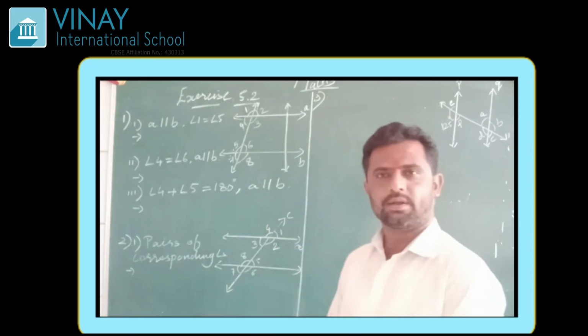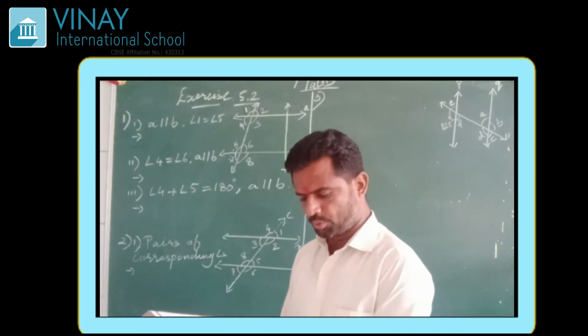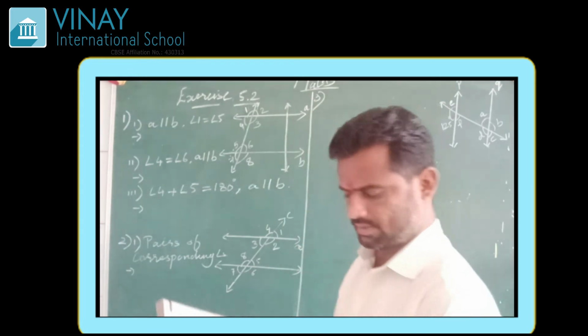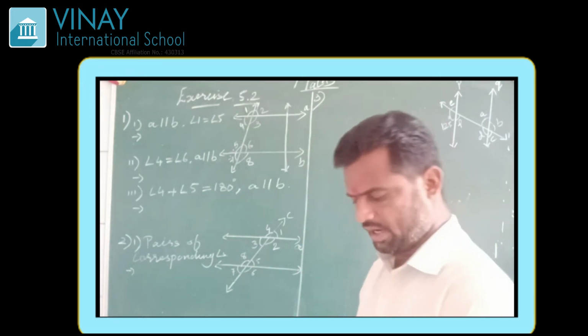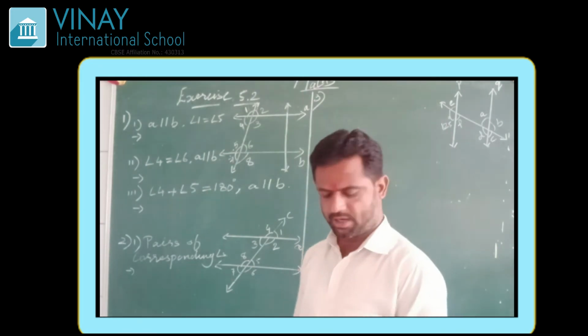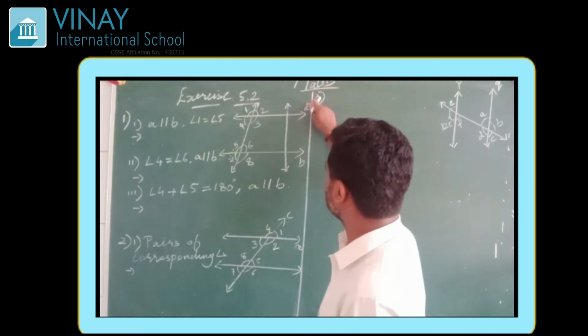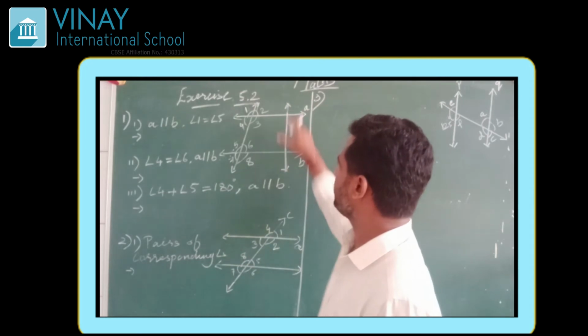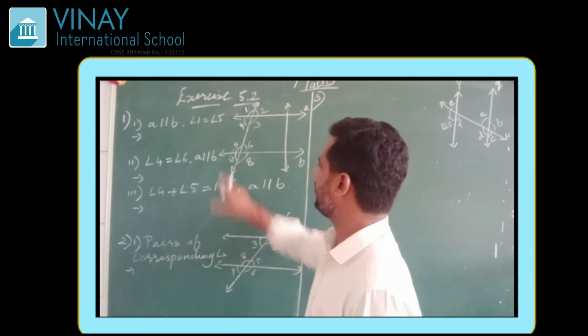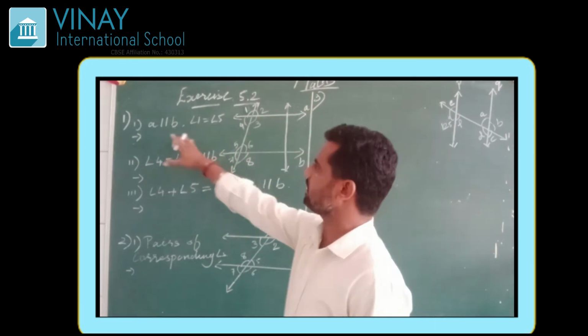Now let us begin exercise 5.2. Question number 1 is: state the property that is used in each of the following statements. Here one figure is given where two lines are given, line A and line B. Two transversals are also there and some properties are given, some